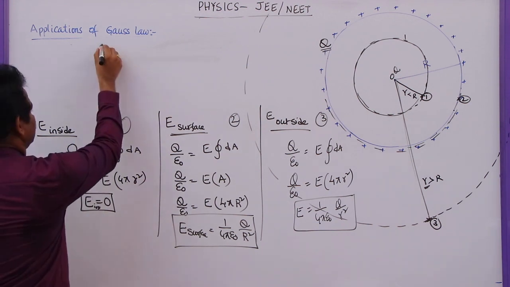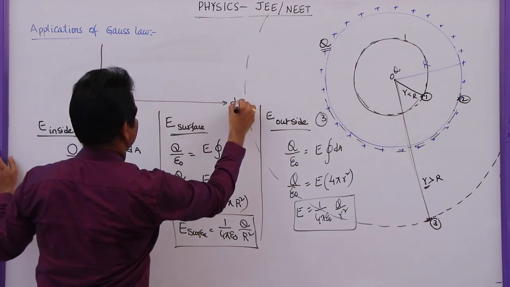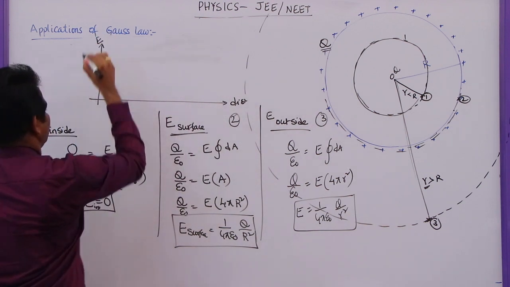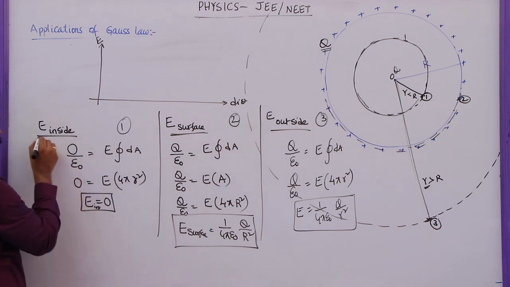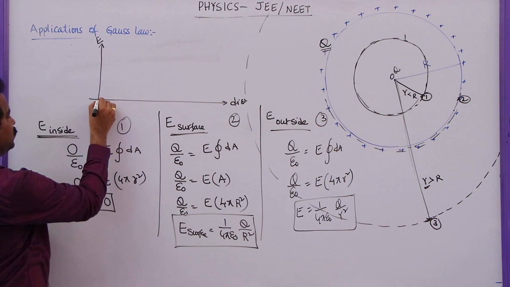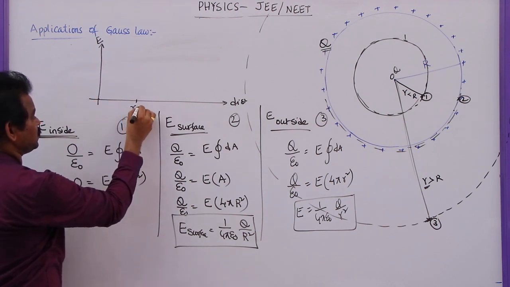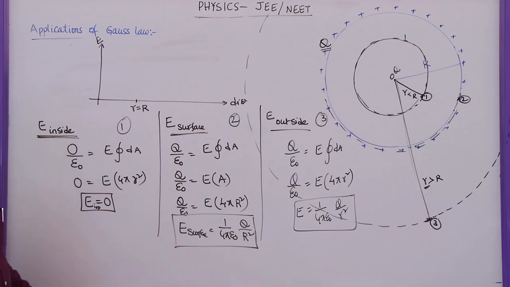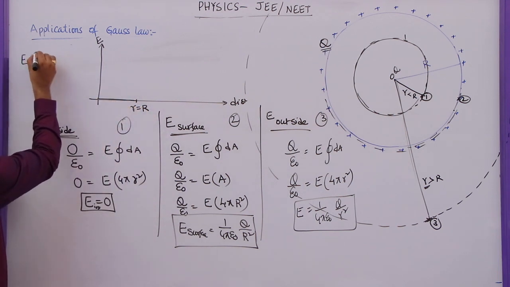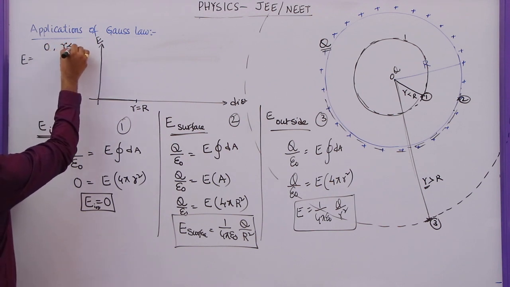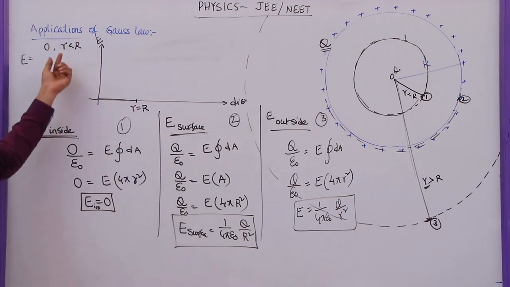In this case, this is the y-axis and this is the x-axis. This is the distance. This is electric field E. What is electric field at the center of the sphere? At the center of the sphere or within the sphere, inside the sphere, electric field is 0. So it is 0 till small r is equal to capital R. That means till the surface, electric field is 0. So electric field is equal to 0 if r is less than capital R. If the distance of that point from the center is less than the radius of the charged sphere, electric field is 0.